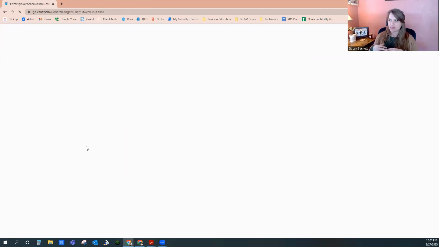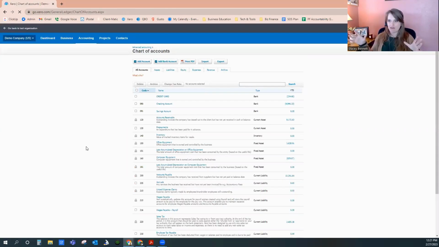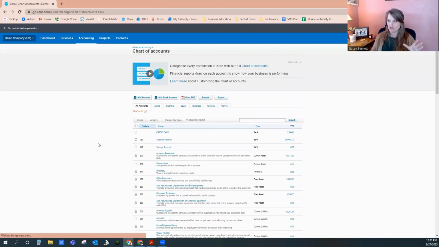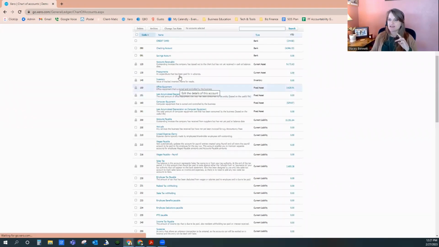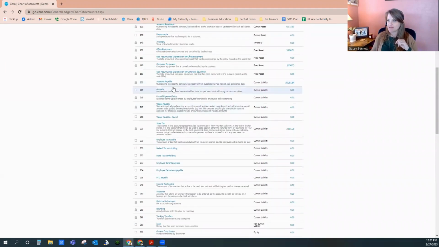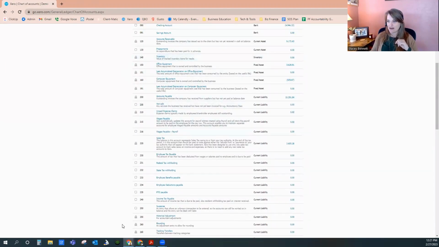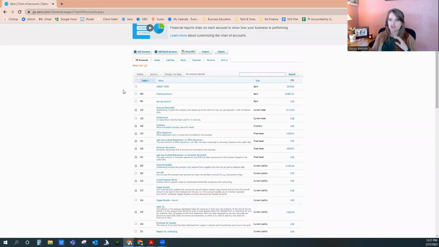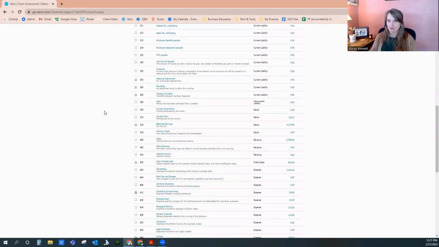So this is basically all of the accounts. When I said that your accounting is a double entry system and things hit two places, everything hits two accounts. So usually it hits your checking account and one of your expense accounts, right? But maybe it hits an inventory account and an expense account, or it hits a liability account and your bank account, right? So your chart of accounts is literally the chart of all of the accounts that things can be categorized to in your bookkeeping. Okay. This is very customizable. You can add or remove different